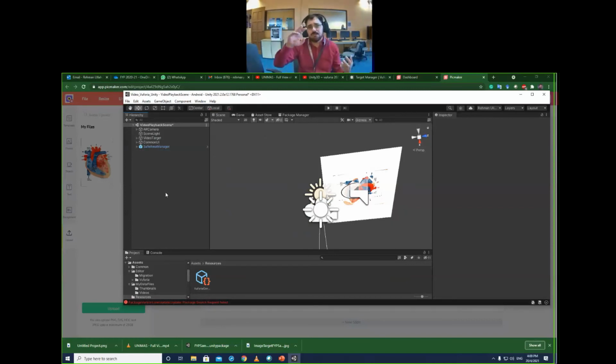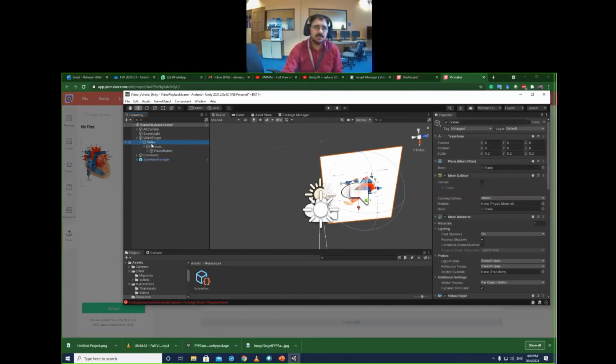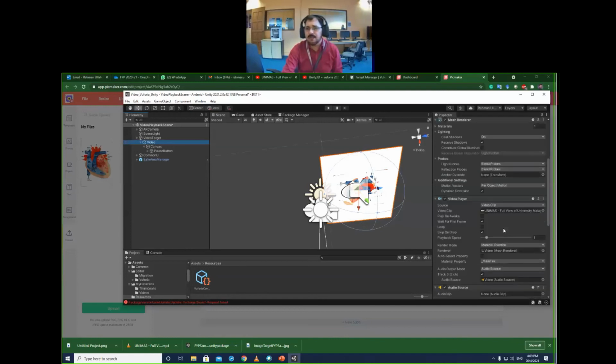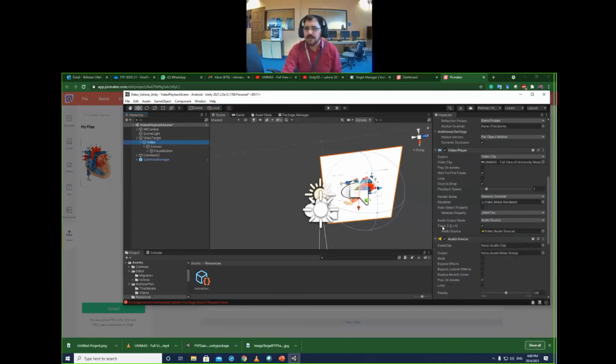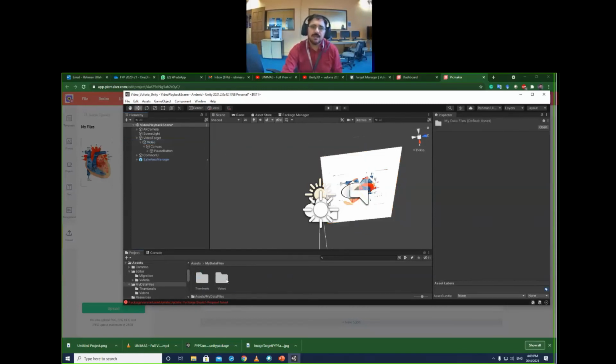So you just need to replace the database and add as many videos as you want to play there. Okay, I think I should quickly show you once again how to change the video: you select the target image. Inside this is a video component, and in the video component you will see a video clip. Okay, video player. Inside this video player is a source and video clip. You just drag your video over this, then that's all. So in this way you will change the existing one.